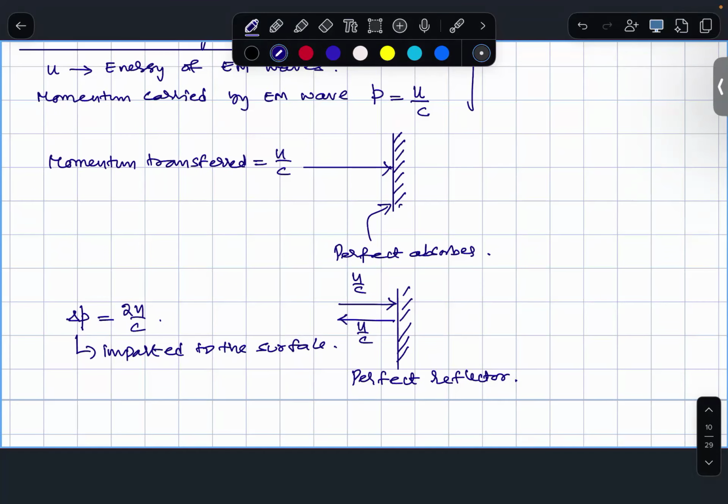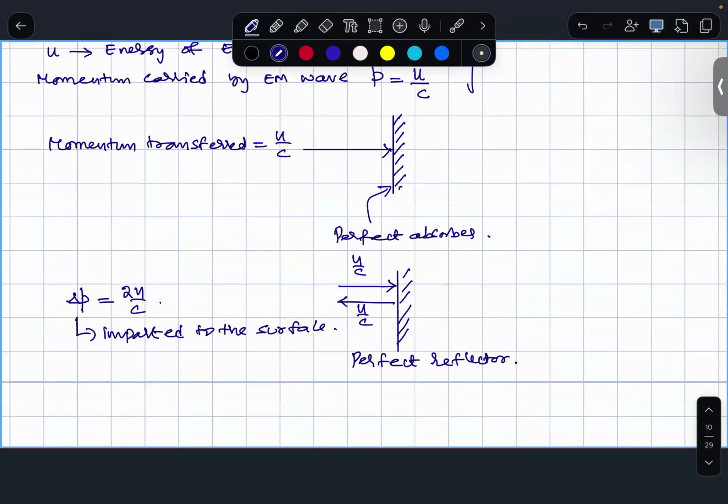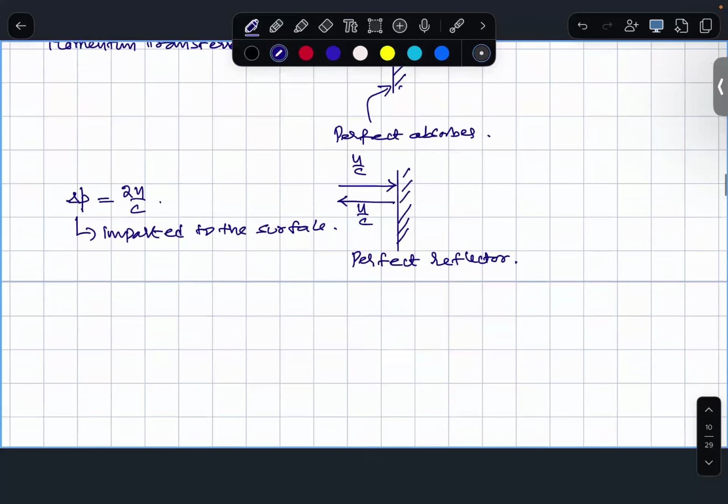Now, since you are convinced that they carry momentum, they can exert force also. So therefore, the next topic that I would like to take up at this point is radiation pressure. Radiation pressure. Since you are convinced that it carries momentum,